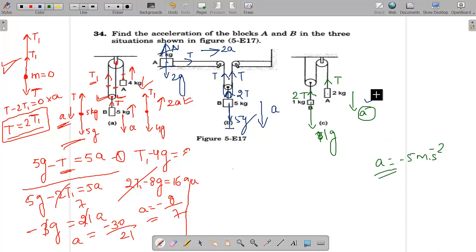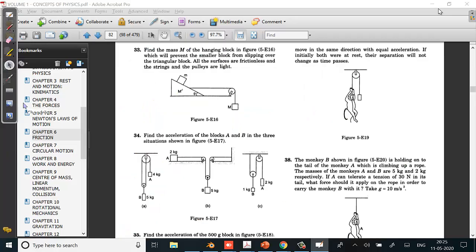that whatever you assumed A to be, the value is 5 meter per second square, but it is in the upward direction. We assumed in a negative direction, in the opposite direction. Understood? You assumed A in the downward direction, then it is in upward direction. If you assumed in upward direction, then it is in the downward direction. If negative sign comes, that simply means that we assumed the direction of the acceleration opposite. Understood? Then you have to solve this question. You both of these two questions you will solve. Understood? B and C you will come with an answer. You understood? Okay. So we'll see some other question here.